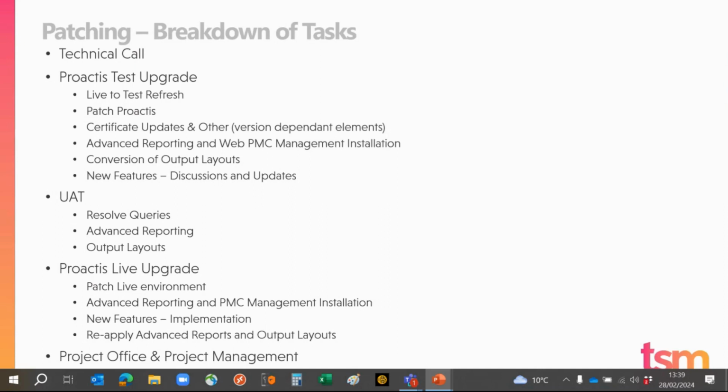UAT is always scheduled, so we'll do an element of testing. Obviously, you will be expected to test the system. It's your system, so you would have to test as well. And we would recommend that extends into integration testing as well to ensure that the transactions and the data are flowing through Proactis and any third-party systems as expected. Again, output layouts will need to be tested. And the live upgrade,